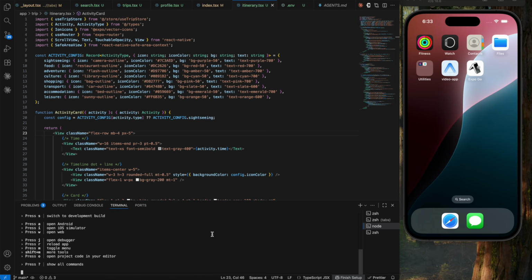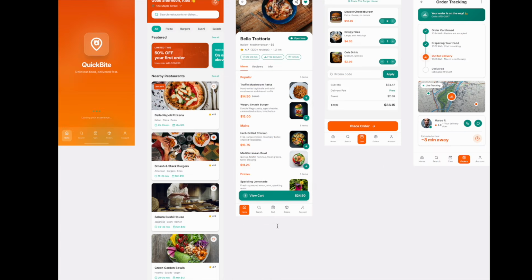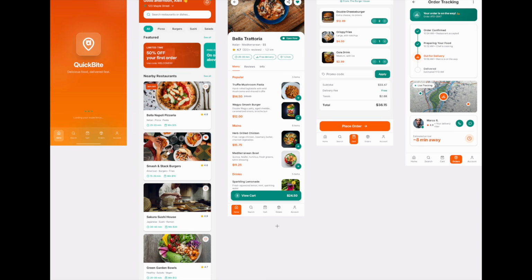So let's start with a simple question. How long does it usually take to design a full mobile app UI? Honestly, let's say you open Figma, stare at a blank canvas for 10 minutes, start placing some rectangles, try to make a header look good, give up, watch a tutorial, come back, and still it doesn't happen. So in today's video, I'll be showing you something that's going to completely change how I prototype and design my own applications. As you can see, I've generated just 5 screens with one single AI prompt,